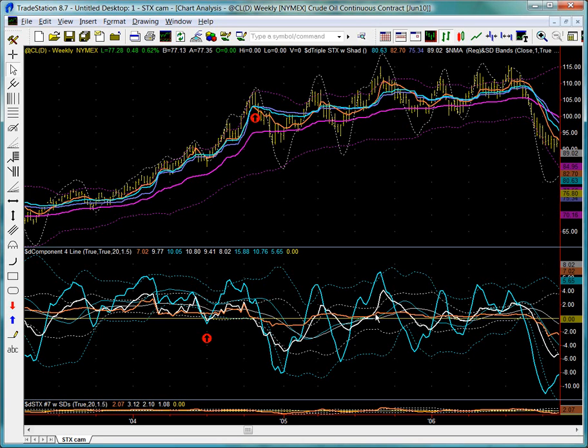I would almost view the slowest of the component 4 lines hugging near the zero line as a similar situation to the BTX having a trend score below 35. There is a trend present by virtue of the slow line being above the zero line, but the trend is not very strong, hence the slow line is very near the zero line. That in and of itself should be enough for you to start thinking, okay, now instead of expecting shallow counter-trend reactions against the primary trend and powerful thrust in the direction of the trend, I want to shift my thought processes away from that kind of mode to basically selling tops and buying bottoms,